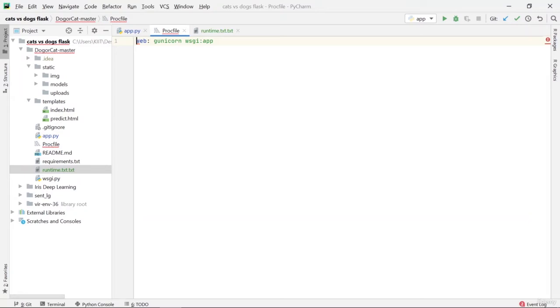Runtime.txt is basically just telling Heroku which language or base we are using for the server. As you can see in the runtime.txt, I have defined that I am using Python with the version 3.6.13.